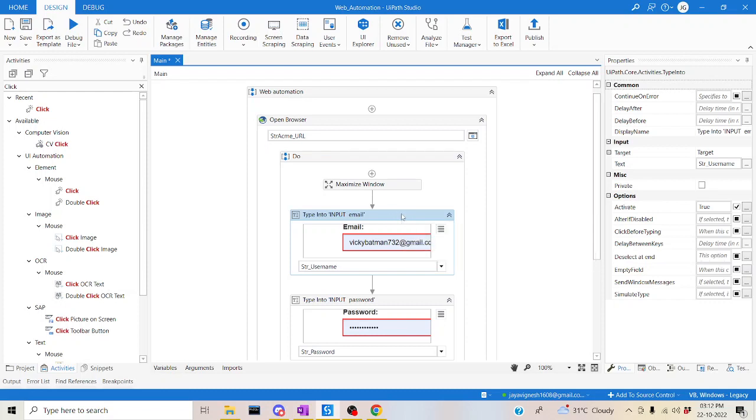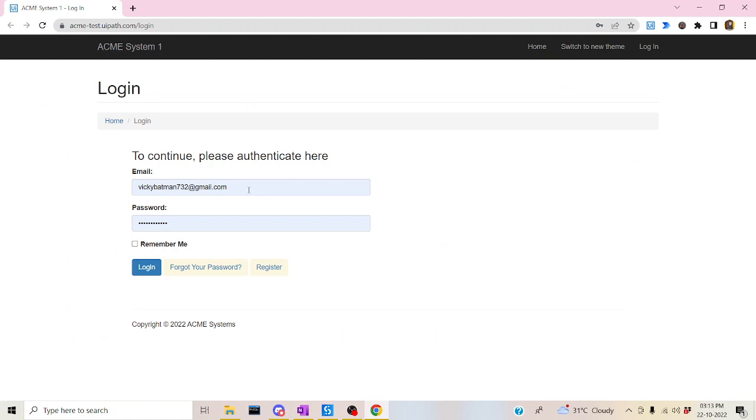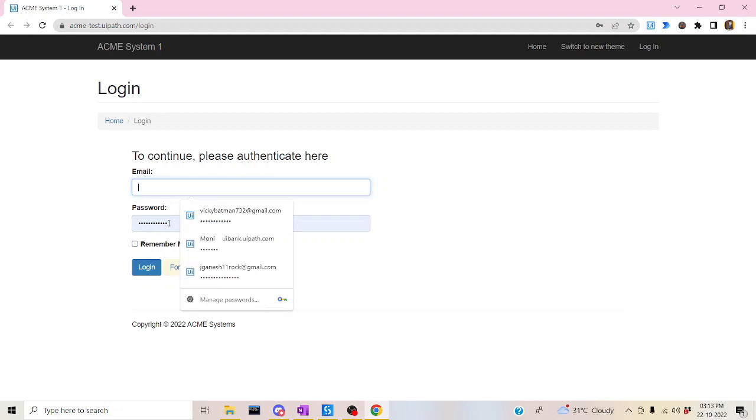Just click on the Type Into activity, and in the property section you can see the Empty Field option. When this checkbox is selected, all the previous existing content of the UI will be erased before writing. Just click on true, and for password also the same, true. This helps you erase the old value, so even if something is there, the bot will not make these mistakes. If it is marked as Empty Field, it will clear these things first and then try to